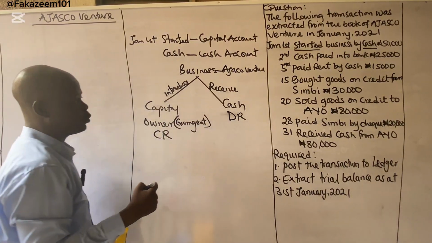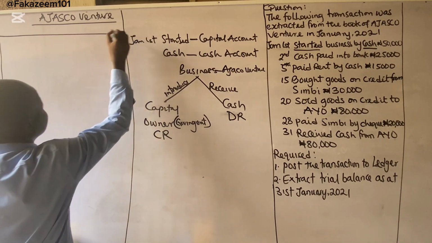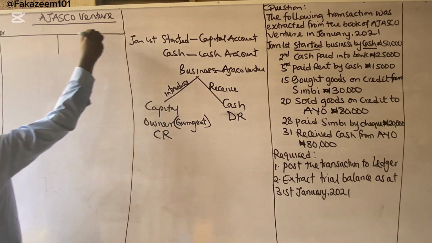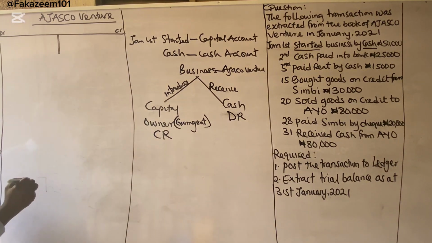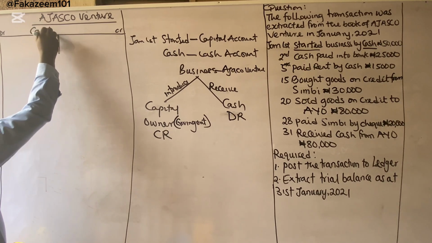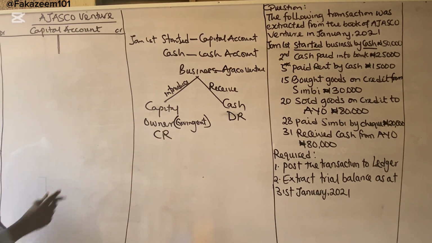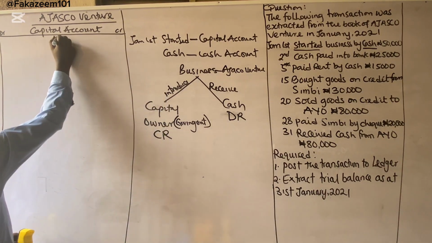Now, these two will be posted in the ledger. We can post any one first, but we are going to post the capital account first. Debit, credit, and two tiny lines, meaning a ledger is divided into two folds. We are now going to put capital account. We said it's going to be credited. On what date? The first thing is date,